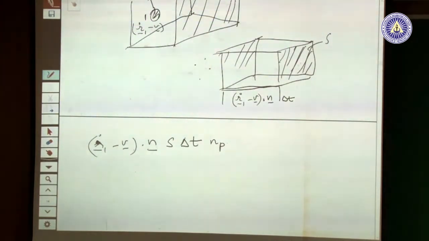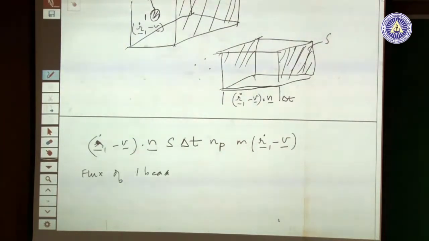All of this is the flux in time delta t going through the surface, and they are carrying what momentum? Well, their momentum is r1 dot minus v, that is the amount of momentum they are taking with them. Okay. But I want to know the flux, so I divide by unit area per unit time. So, the flux of 1 beads through surface